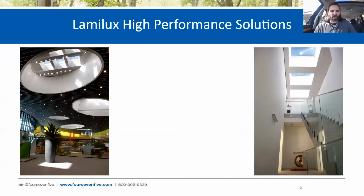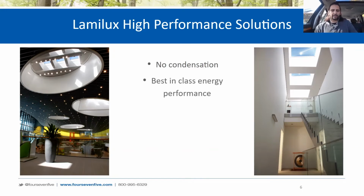So what are the advantages to using Lamilux's high-performance solutions? Well, Lamilux really offers components that address a lot of the challenges and problems that we otherwise face with roof glazing. They are thermally continuous, so they virtually eliminate the risk of condensation at the interior. They offer best-in-class energy performance, which we need, obviously, to reduce our heating and cooling loads, as well as provide